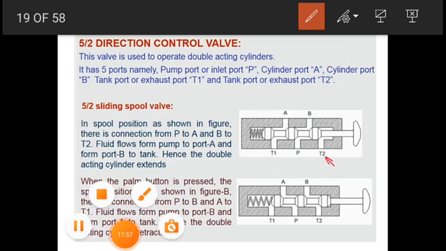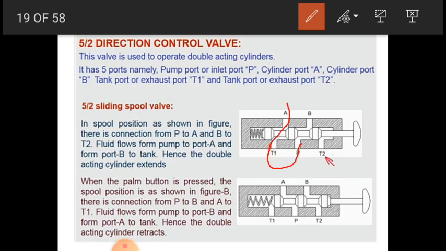Here fluid flows from the pump to port A, and from port B to tank T.